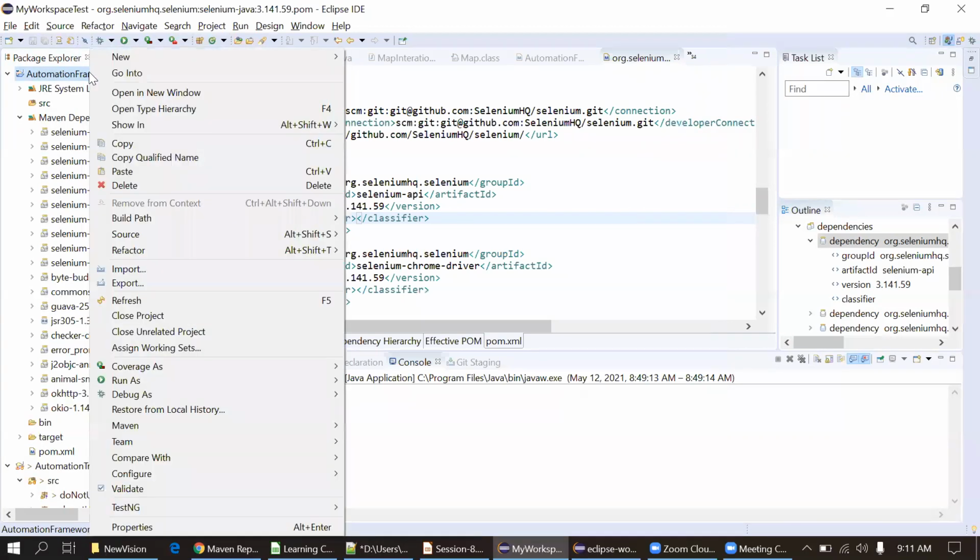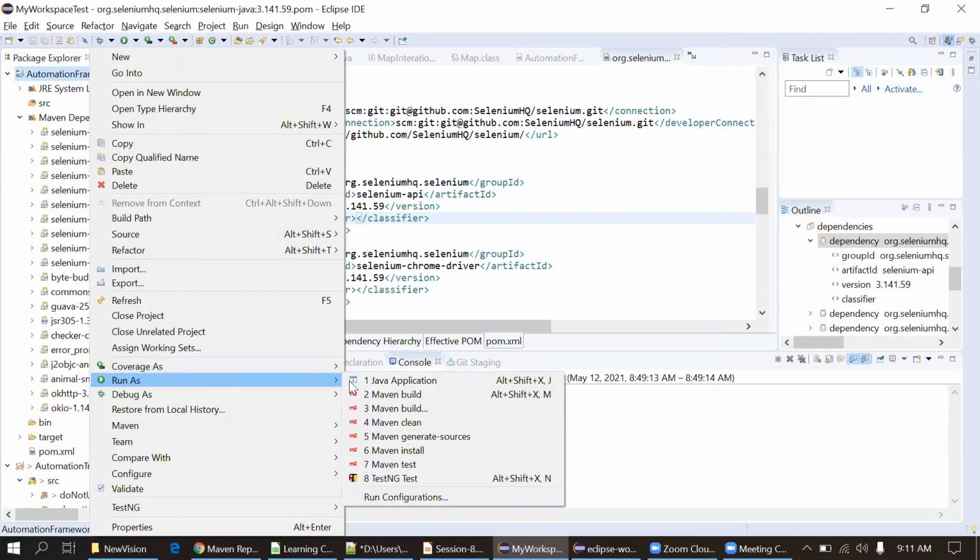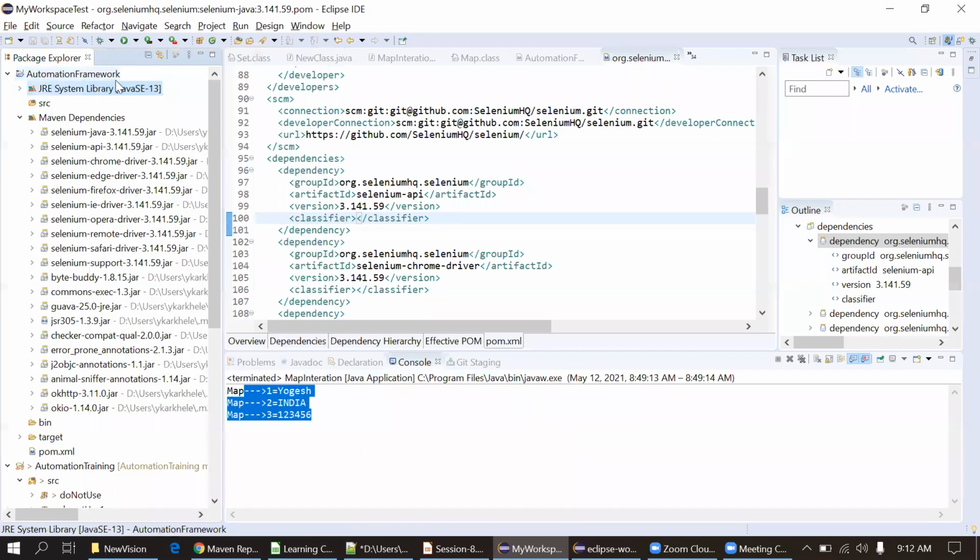Again, there is one more option. Right click, Run As. These options are Maven build, Maven clean, Maven install, Maven test. In this we can use Maven build, Maven clean, Maven install. If you use Maven install, it will simply create a jar of your project. Suppose you have written some code in this automation framework project, it will create a jar.